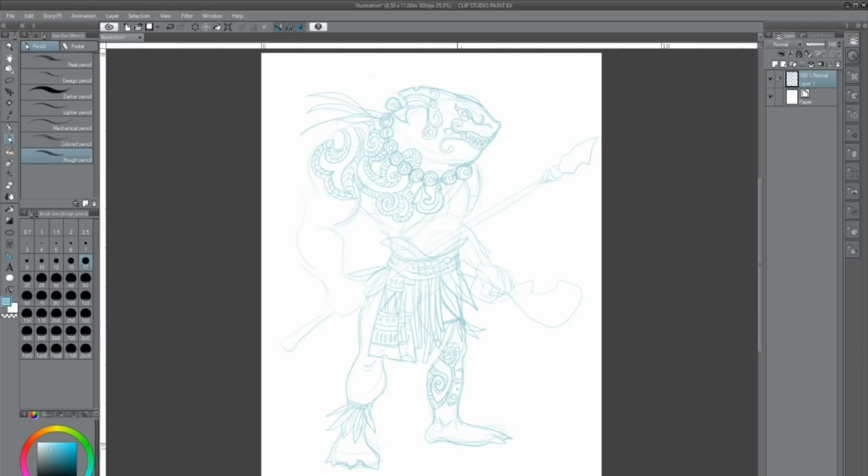So basically when I create a character, I use tons of reference. I've got Pinterest boards, and I'll go through and start looking at stuff from all the Maori culture, and I've got a bunch of different things up there as far as their clothing and their tattoos and things like that. And some of it gets a little more like I wasn't sure whether I should do the hair,